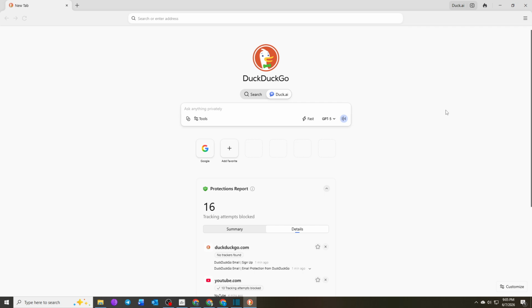In this guide, I'll walk you through the essential features you need to know to start using DuckDuckGo confidently. To begin, open the DuckDuckGo browser on your device. Once the browser launches, you'll notice its clean and straightforward layout. The interface is designed to keep things simple, making it easy for both new and experienced users to browse the